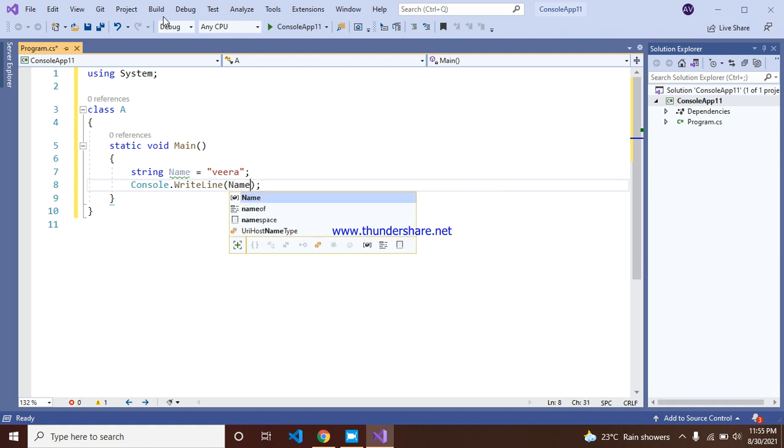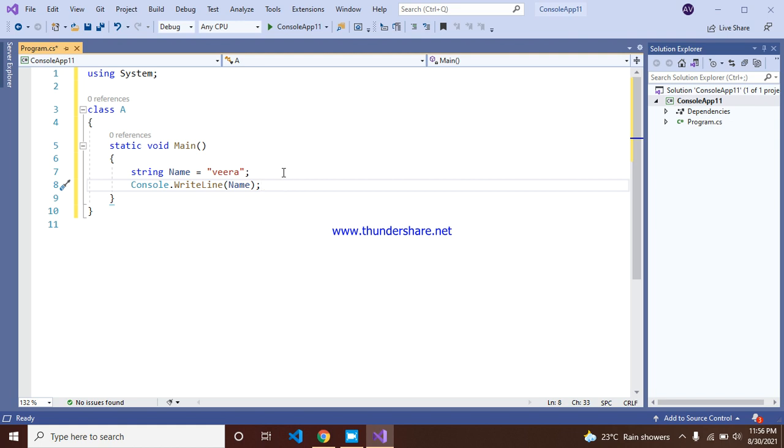Sorry for that, guys. Whatever you type as the data type variable name, you must and should use the same name. Don't use any other names; this name and that name are different. So you can get the output Veera.